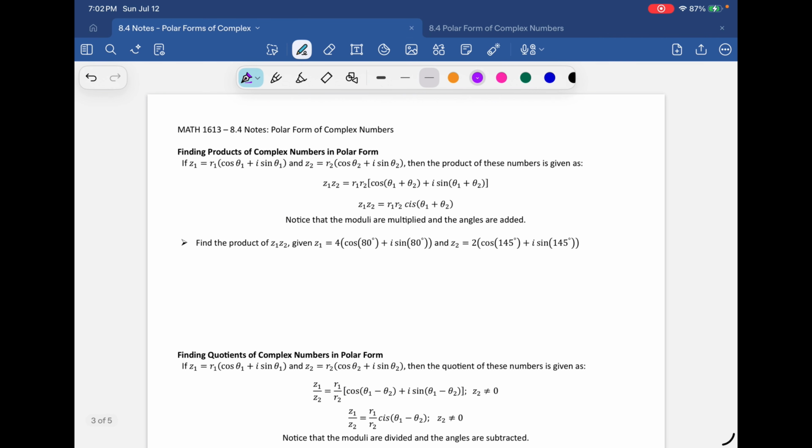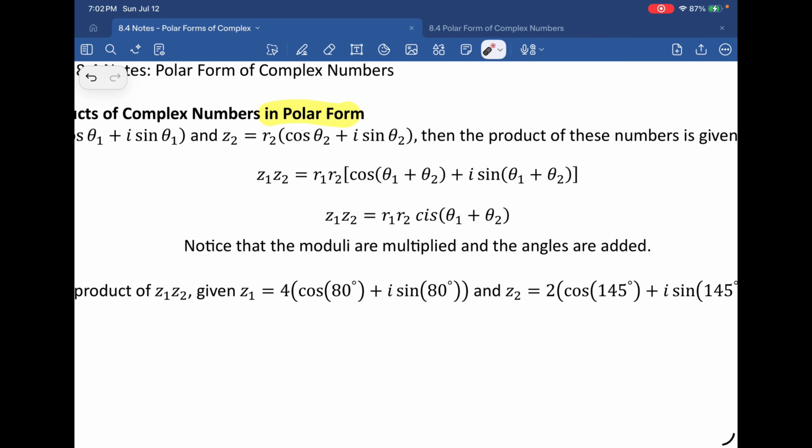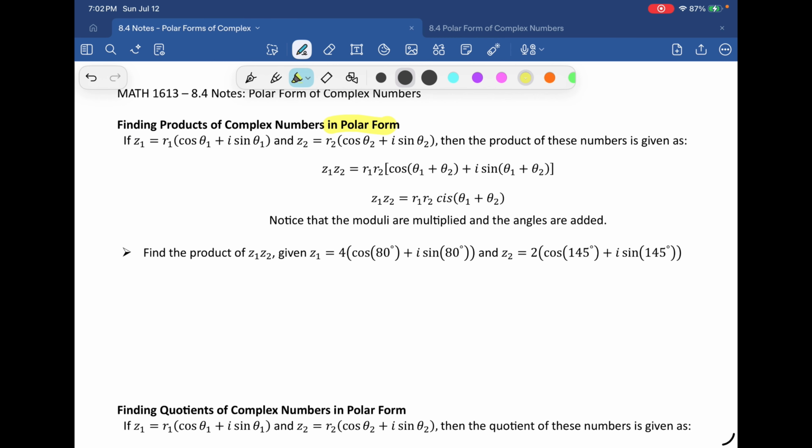Okay, so now we're going to be finding products of complex numbers that are already in polar form. The key is that they are already in polar form. So they're in the r cis theta form. So it's pretty straightforward formula. It looks awful, but it's not bad. But again, I'm giving you this formula. You multiply the two radius together, add the two angles together. That is it. So if I want the product of z1, z2,